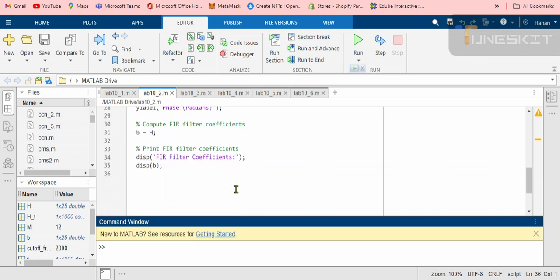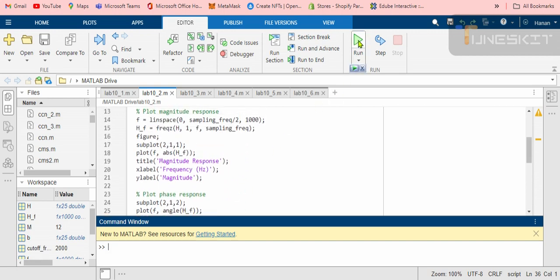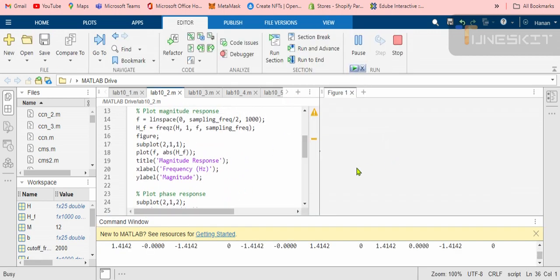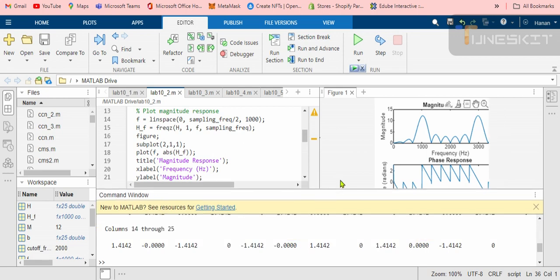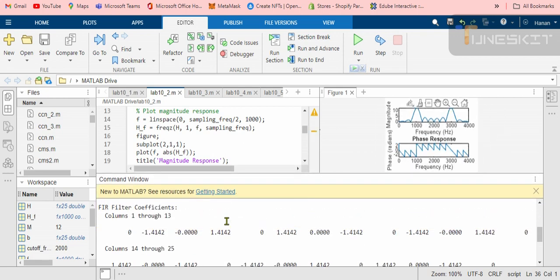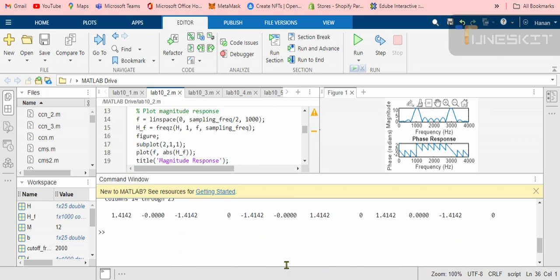We have to compute the FIR filter coefficients. For this we use the display command to display the filter coefficients. So let's simulate this code. As we can see, we obtain the magnitude response as well as the phase response, and also there is a list of 25 filter coefficients.